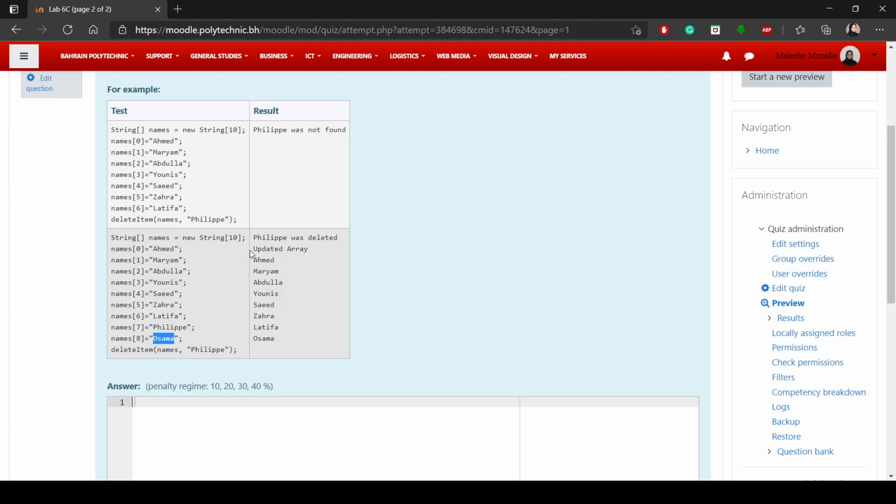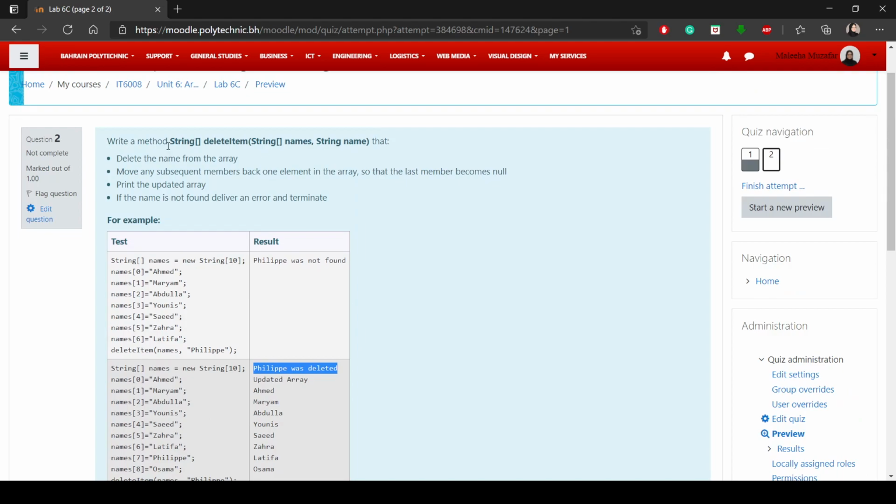And finally you're supposed to print out the updated array only if the element was deleted. If the element was never found in the array, like in this array Philip is not there, so your program should only print Philip was not found. All right, so let's start with